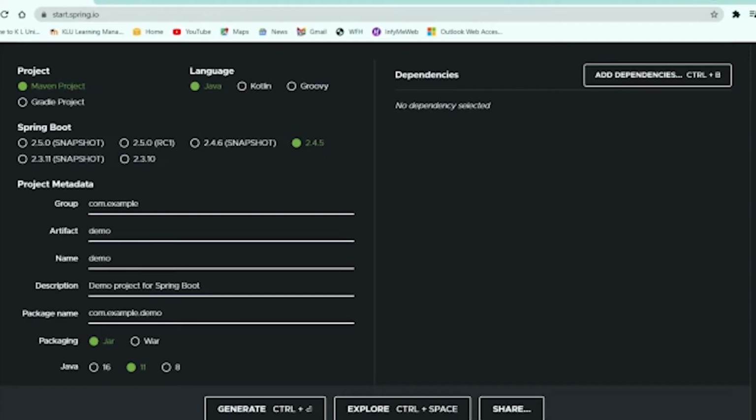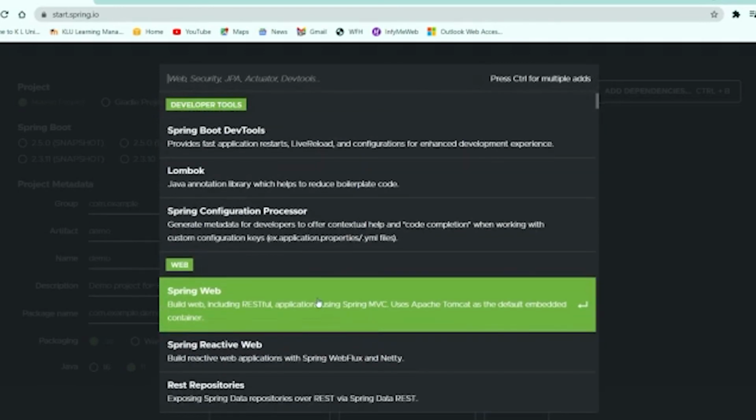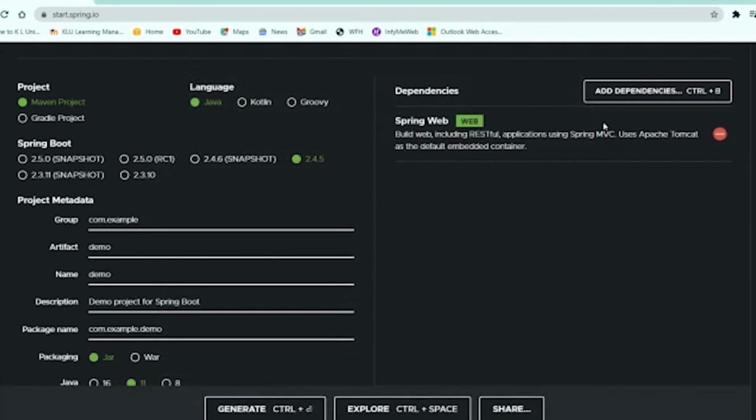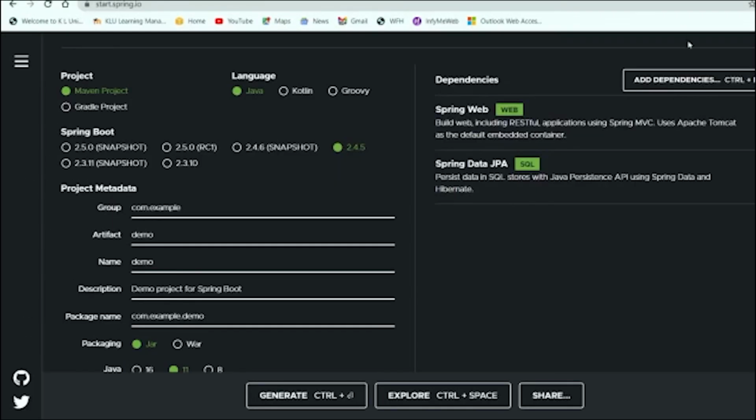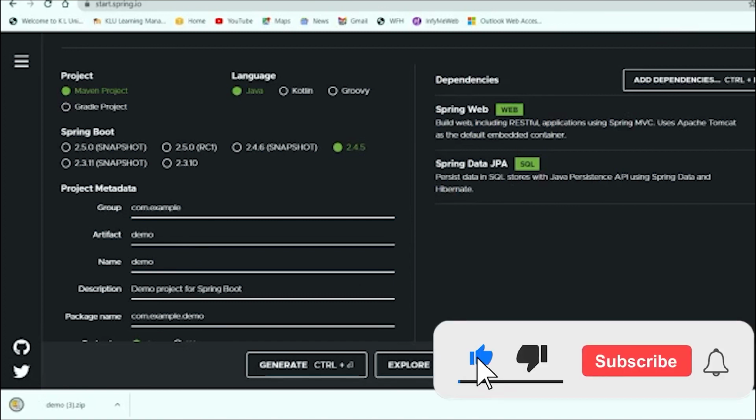This can be done by something called Spring Boot Initializer. Spring Boot Initializer provides an easy way to scaffold your application with starter code and dependencies added as your preference. As we can see, I just generated code using a couple of options that I have added here, such as name and the description and the dependencies that I needed. In this way, I can generate the starter code of the Spring Boot application, which we can use